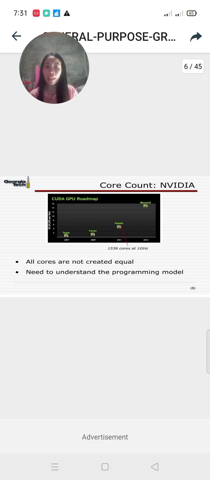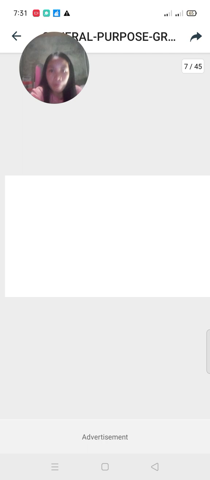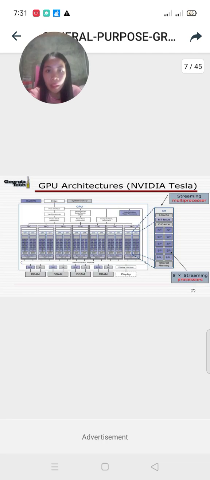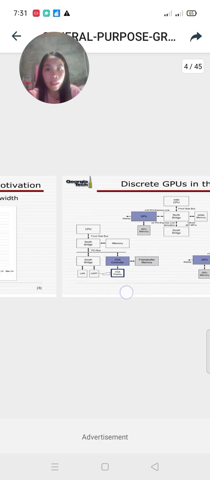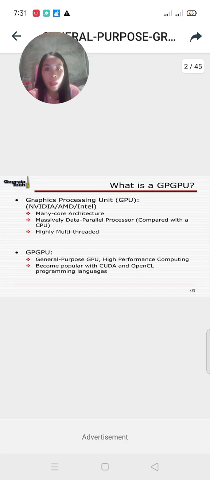revolutionized the GPU and accelerated computing in 2007 with its creation of the Compute Unified Device Architecture or CUDA, the de facto computing language for image processing and algorithms. This is the GPU architectures and NVIDIA. So with those